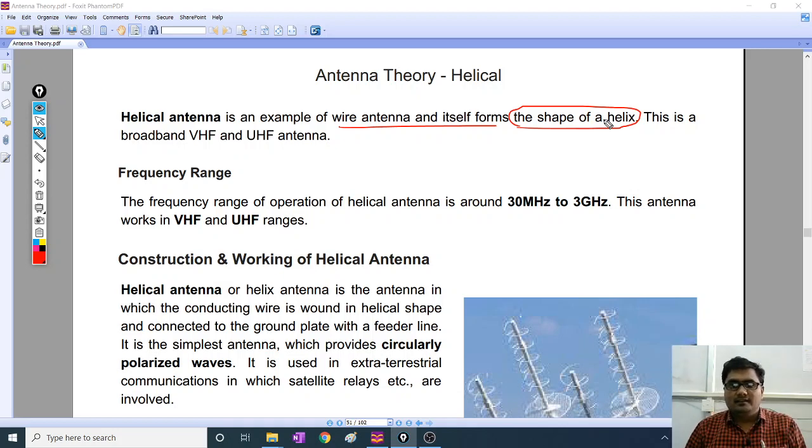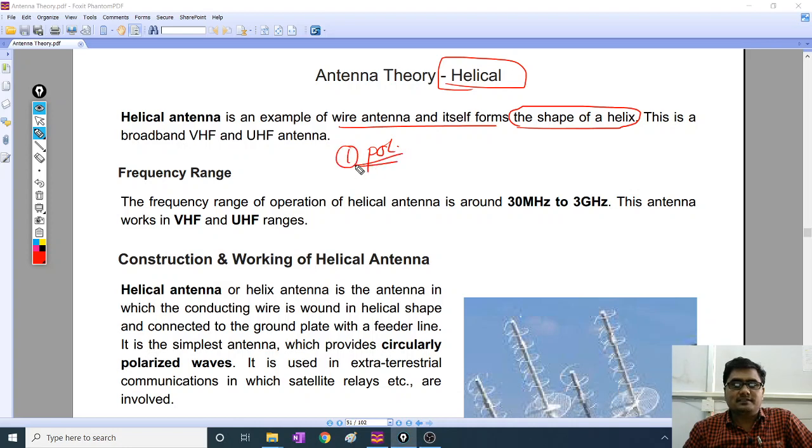Right? So now there is a straight wire which is working as an antenna. Why am I winding that wire and forming helix? A simple question one can ask, is there a single wire? That single wire is radiating, that single wire is receiving, then why are you winding that wire and forming helix? Why? And even you are declaring it as a different kind of antenna, helical antenna. Is it? So the answer is, if I wound it and if I form a helical antenna, then the polarization that I am getting becomes different.